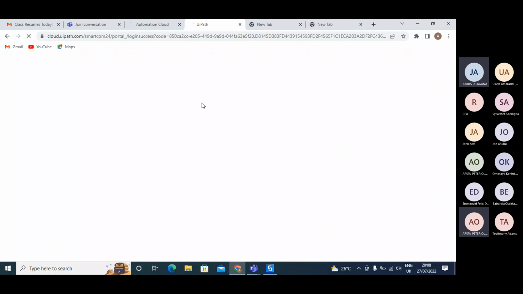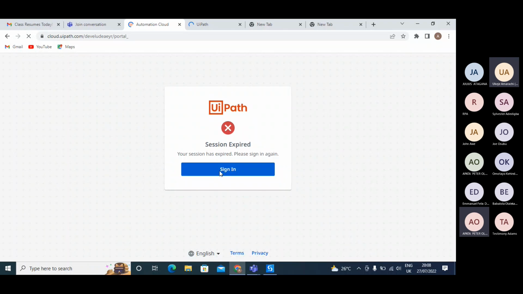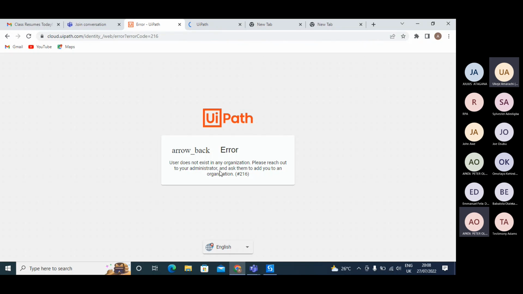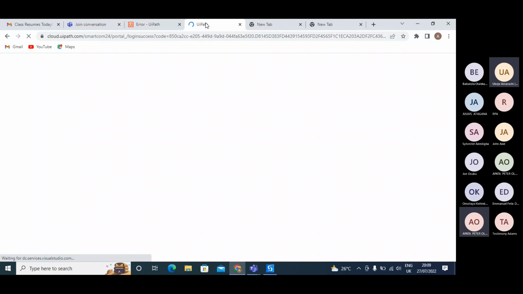While you are still there, let me see if the slide has the images that I want to explain. Okay, I have not seen it, but let me just go with the slide. User does not exist, please reach out. Okay, let me start. Can I share my screen? Please share your screen better. Let me stop sharing then.